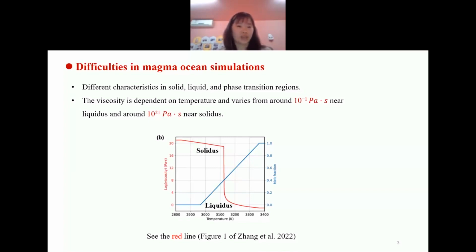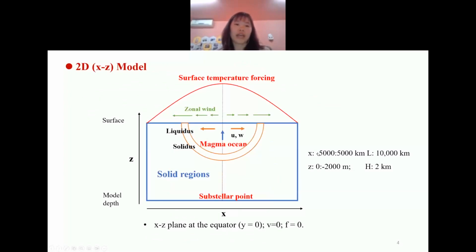So we decided to write a 2D model by ourselves to investigate the magma ocean depth. As this schematic shows, we are writing a 2D model in the XZ plane. For simplicity, since it is a 2D model, the y direction and the meridional current are not considered. And the planetary rotation has not been considered either in our current 2D model. We wonder how deep the magma ocean is under the effect of ocean overturning circulation.